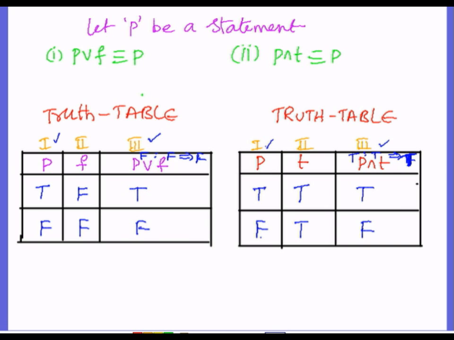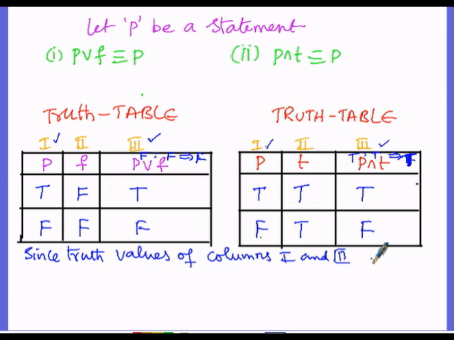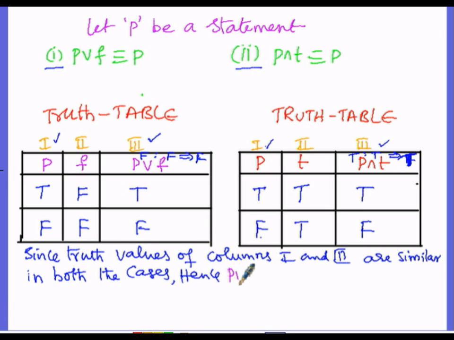So here we can write that since the truth values of columns 1 and 3 are similar, or in other words the same, in both the cases, that is case number 1 as well as case number 2, hence in the first case P or F is identically equal to P, and similarly P and T is identically equal to P. So hence it is proved. Now in a similar manner